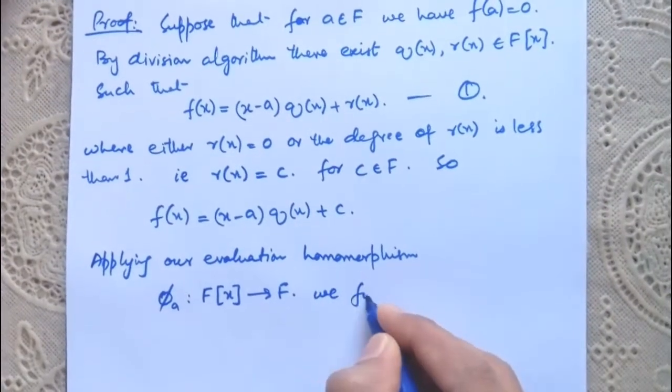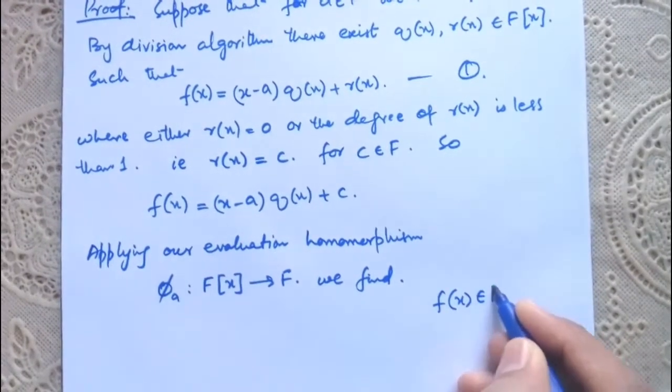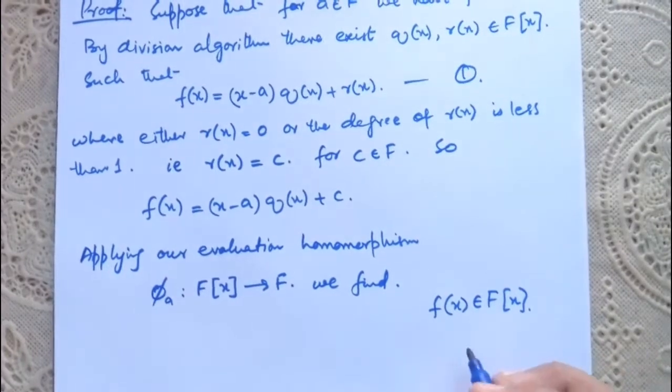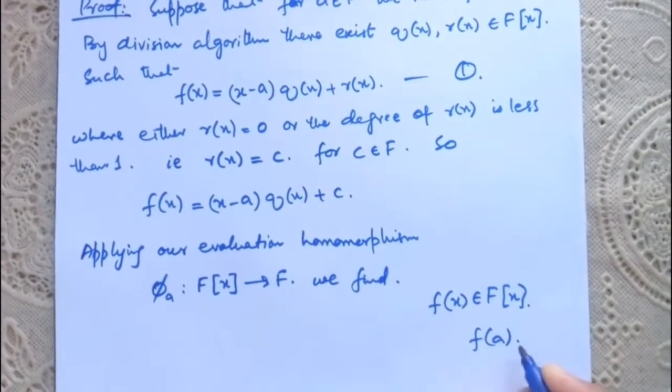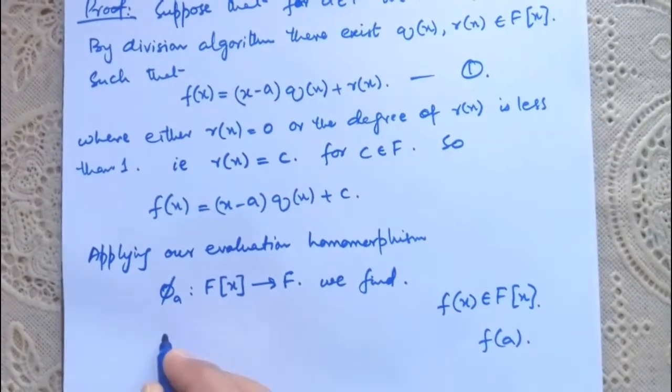So we find, so here f of x belongs to F[x], means the set of all polynomials, so the range will be F, according to the evaluation homomorphism. So f of a